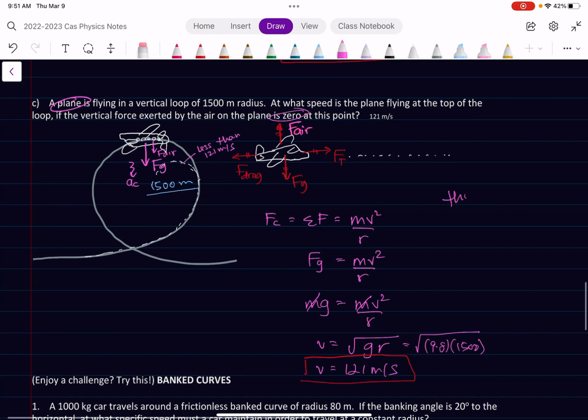What I want you to think about in this example is that skateboarder, Tony Hawk, going around an open loop. Okay, he doesn't need the top of the skateboard ramp, because when he gets to the top, he's using his force of gravity to complete the centripetal force that he needs to